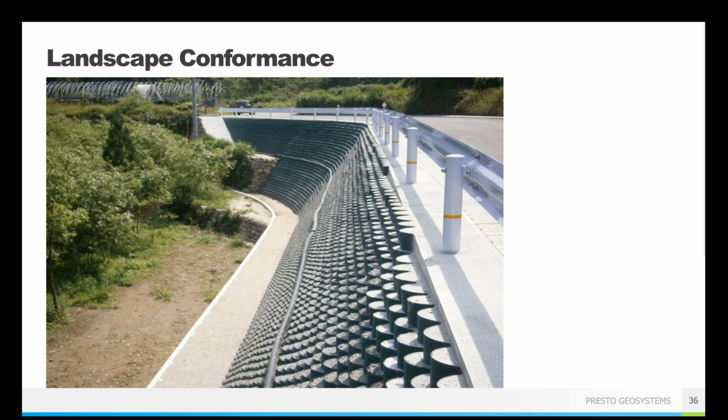In this case, you can see that they filled in with concrete at the top couple of cells to be the foundation for their roadway. And then they actually did stone on the lower cells. They weren't interested in growing vegetation here, and that's totally fine. That's their aesthetic choice, no concerns on our end. But again, it's a great way to see that you have that flexibility of what infill materials you can choose.